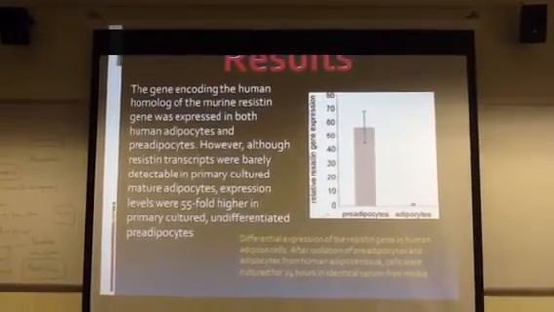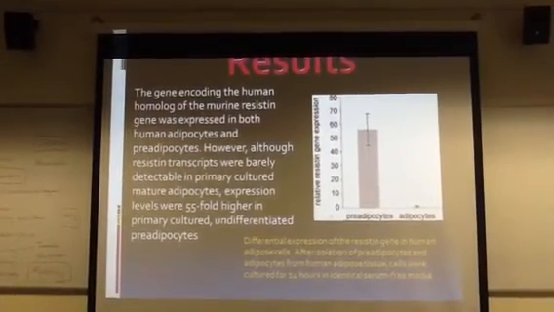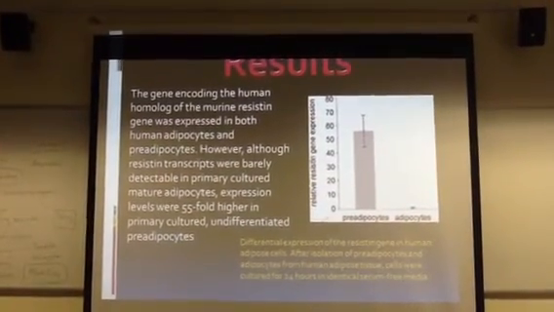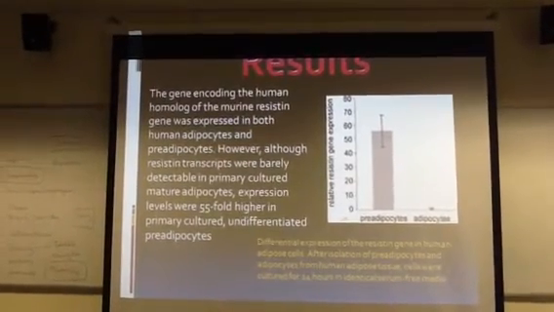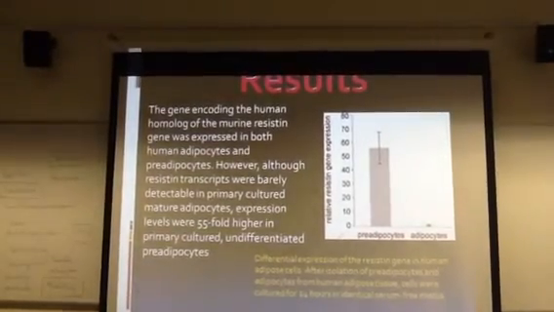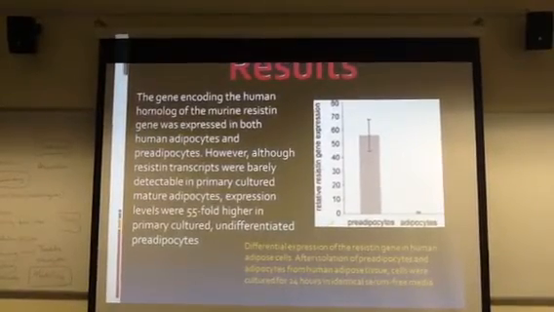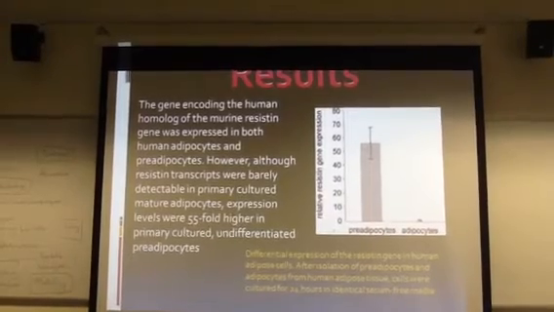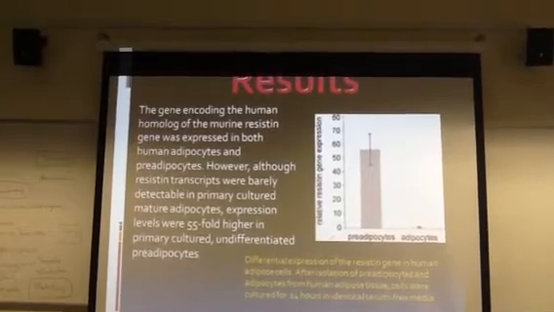The resistin gene was expressed in both human adipocytes and pre-adipocytes. However, although resistin transcripts were barely detectable in primary cultured mature adipocytes, expression levels were 55-fold higher in primary culture undifferentiated pre-adipocytes. As you can see in this graph here, differentiated expression of the resistin gene in human adipose cells after